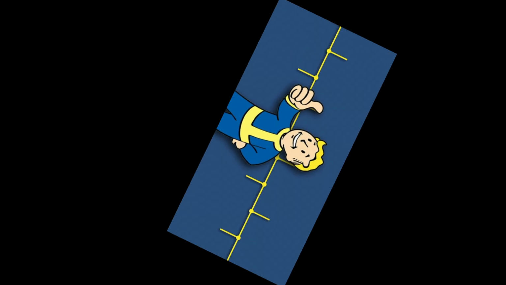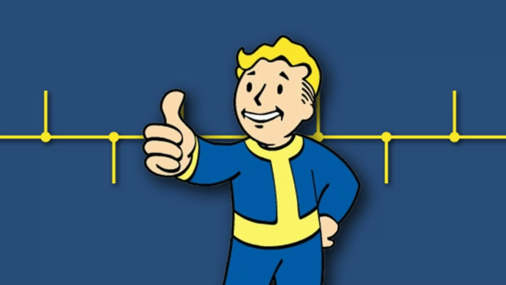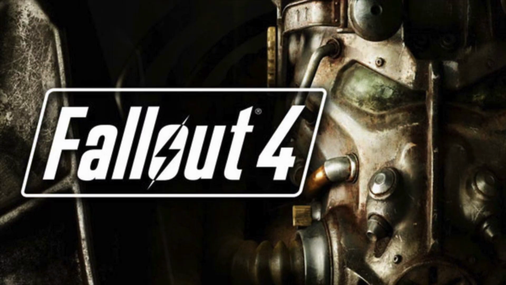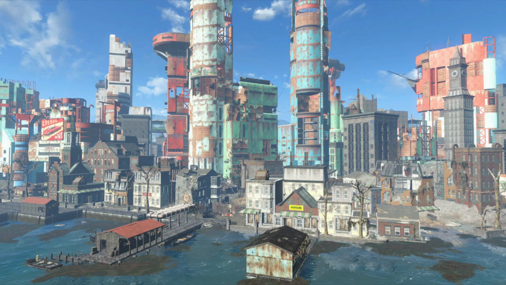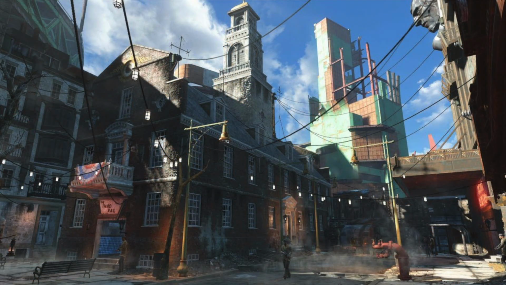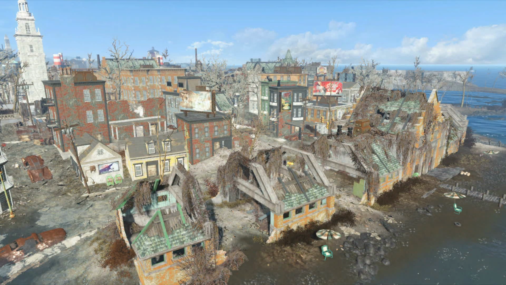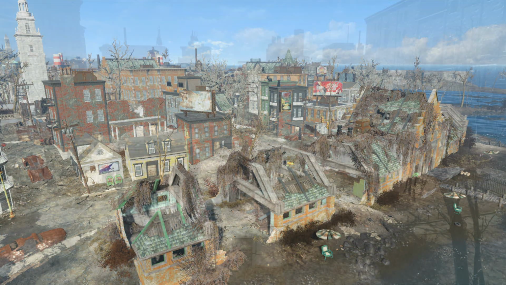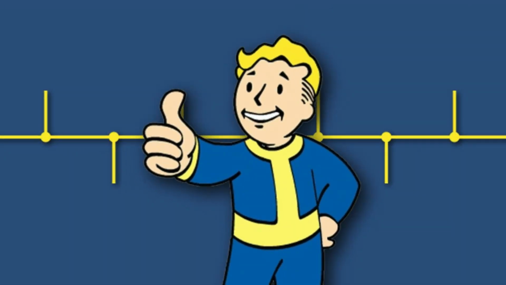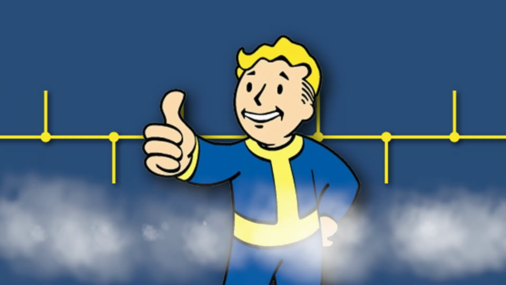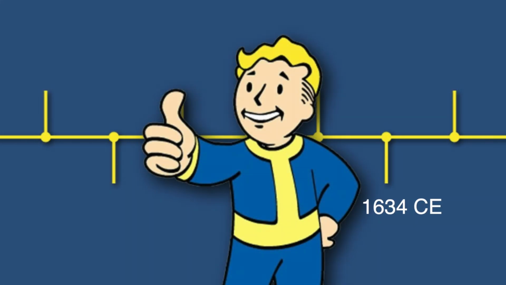All right, next on the list, we have a variety of dates, all from Fallout 4. And that might mean exactly what you might think it might mean. Fallout 4 is centered on Boston. And there's a lot of history, especially with the founding of the United States, with early settling, and the events that happened in Boston, including the establishment of Boston Common, which, according to the Fallout timeline, happens in 1634, which matches our reality.